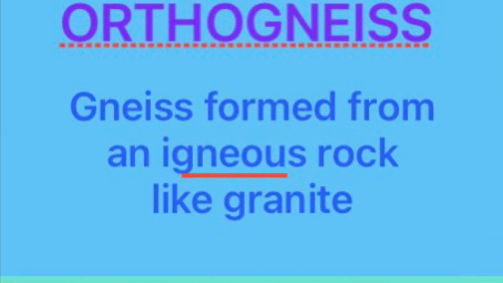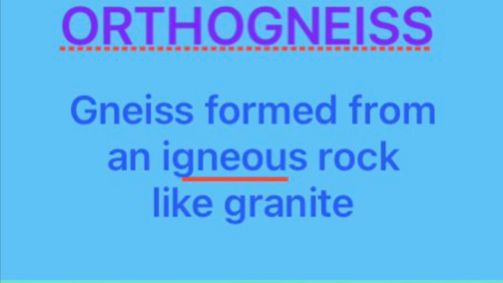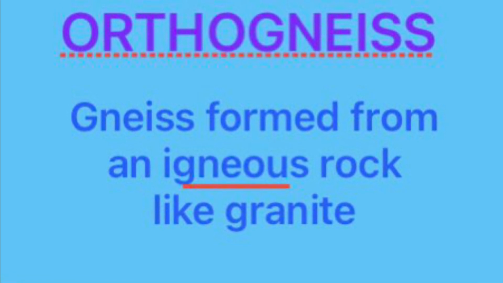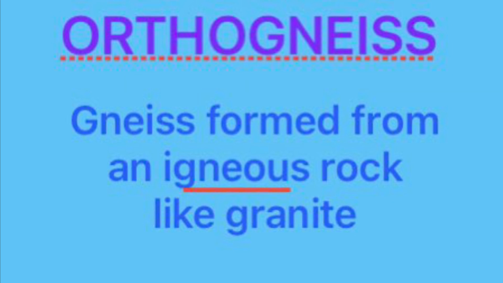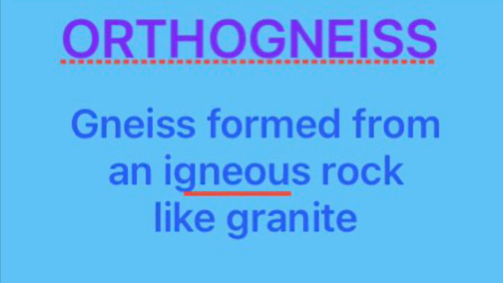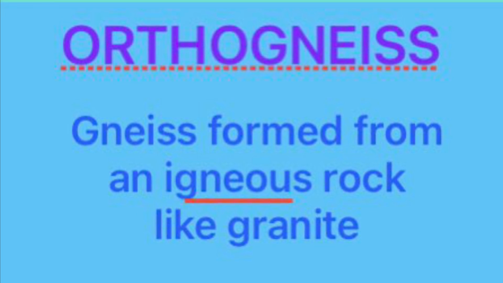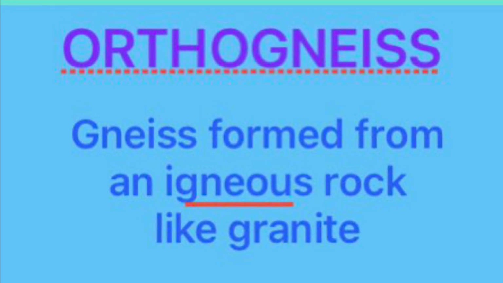First kind of gneiss we want to look at is called orthogneiss. This simply means any kind of gneiss that's formed by the metamorphism of an igneous rock. An igneous rock, that's the key. It could be granite gneiss or biotite gneiss or some other gneiss, but if it's formed from an igneous rock,